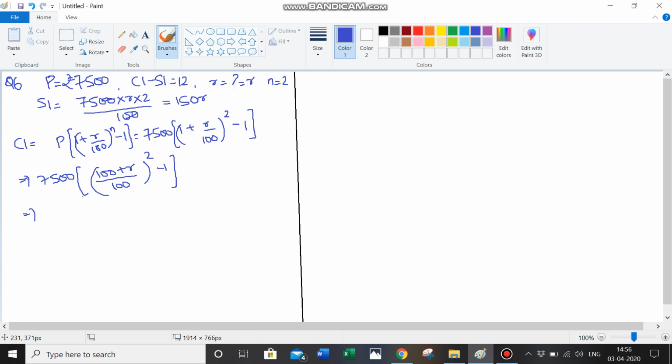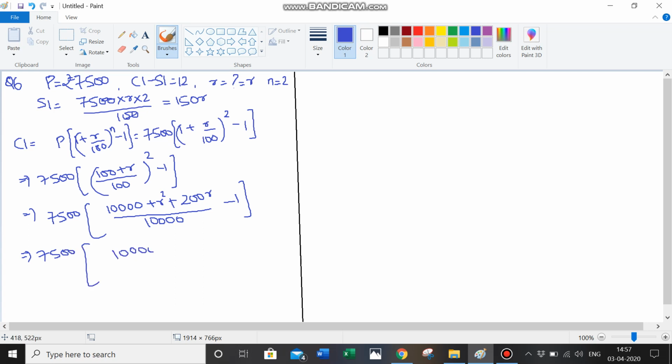This is equal to 7,500 times A plus B whole square. So this is A square, which means 10,000, plus B square, which is R square, plus 2AB, which is 200R, and the denominator becomes 10,000 minus 1, that is 10,000. Let's take LCM and subtract. So 7,500 still remains outside, and I have 10,000 plus R square plus 200R minus 10,000